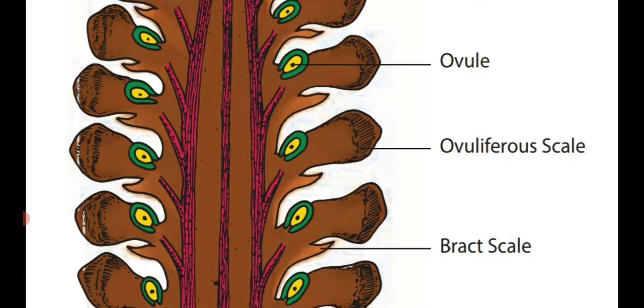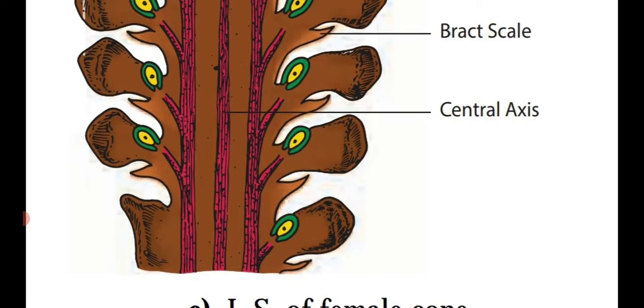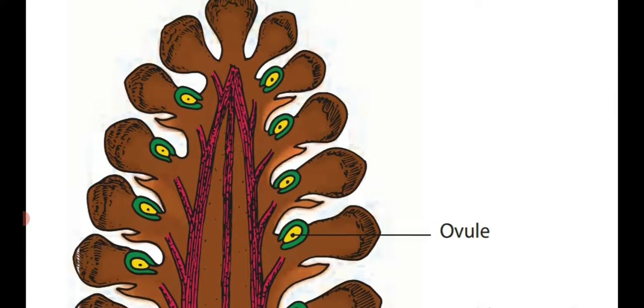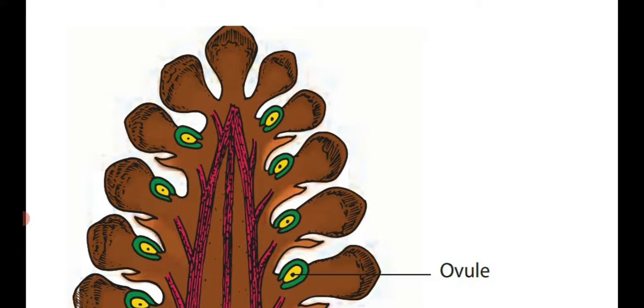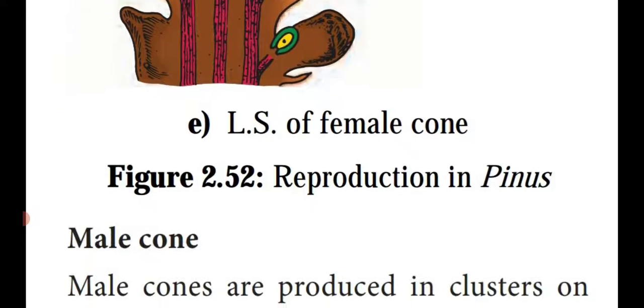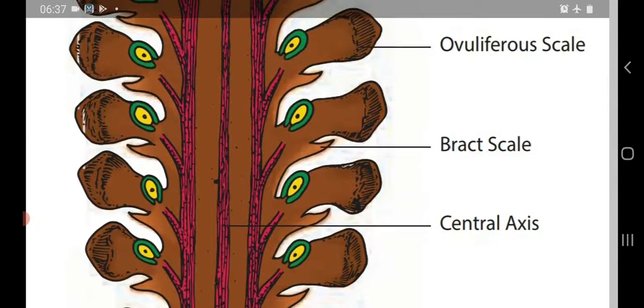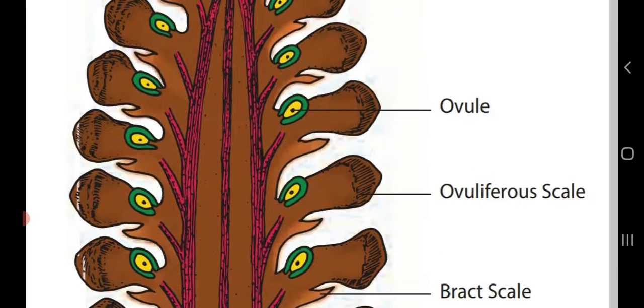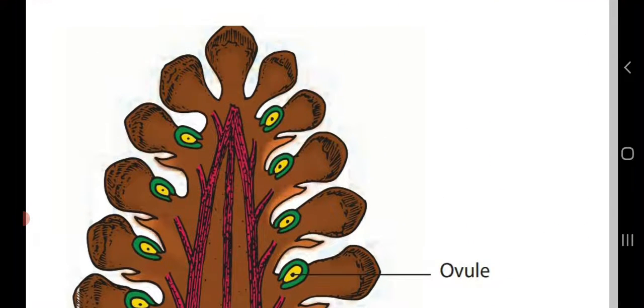Why is it said to be ovaliferous scale? That means they are containing the ovule. So that's why they are known as the ovaliferous scale leaves. Inside the ovule only, they are having the egg or ova. So this is said to be the longitudinal section of female cone. Both LS of male cone and female cone is the important 3-mark question. And the structure of pollen grains is also an important 2-mark question.